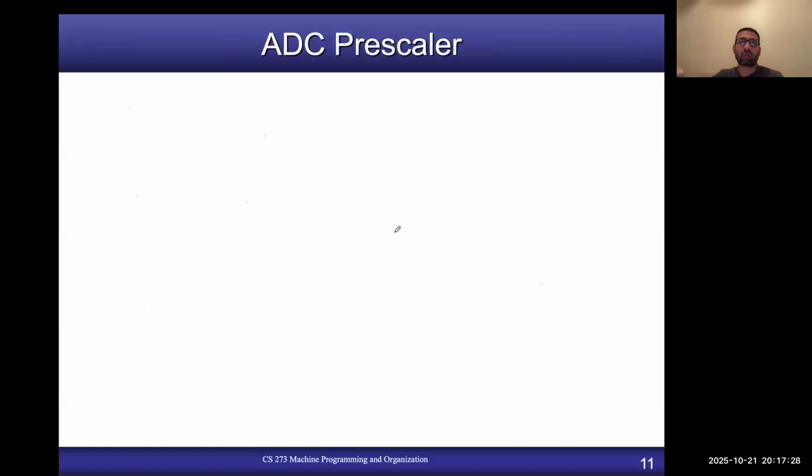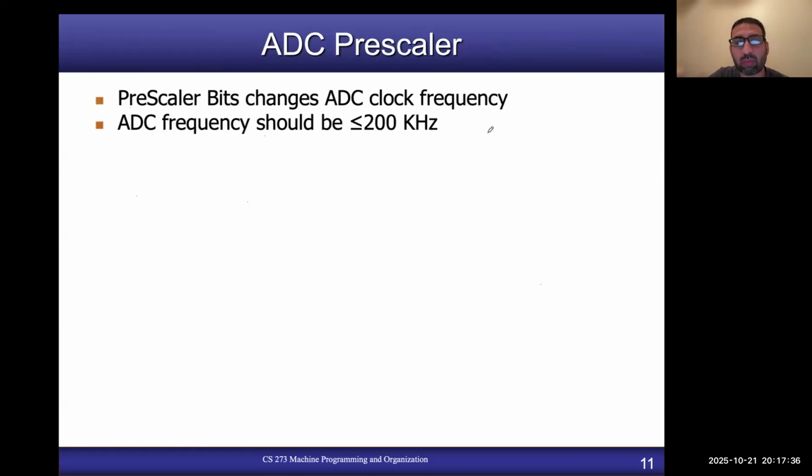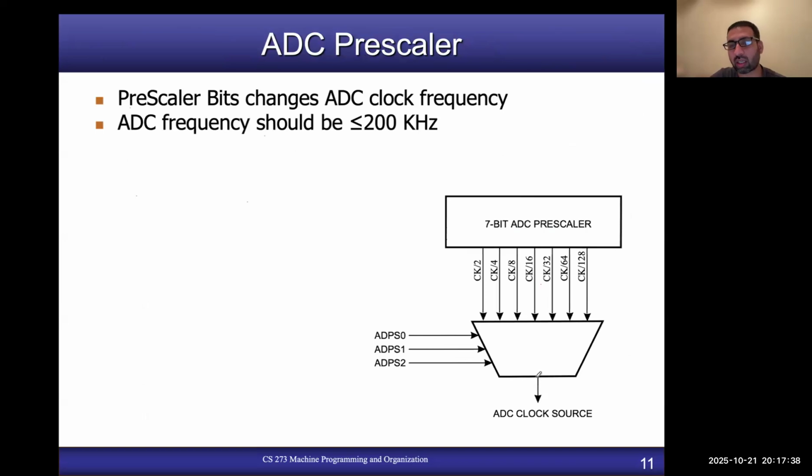Okay. So we said the last three bits, 0, 1, and 2, are used as prescaler select bits. So what is meant by prescaler? Actually the thing is this. Your microcontroller is operating on a clock frequency, right? But your ADC also needs the clock input. However, the problem is that the frequency at which your ADC operates must be less than